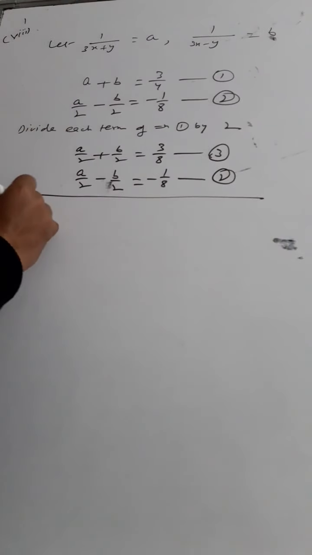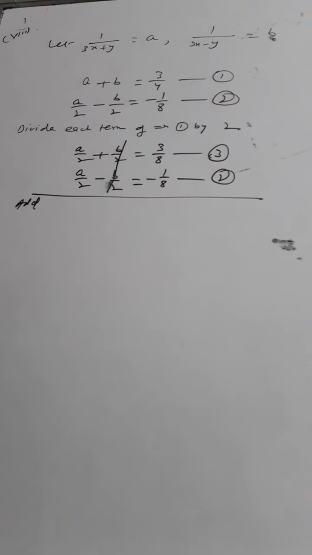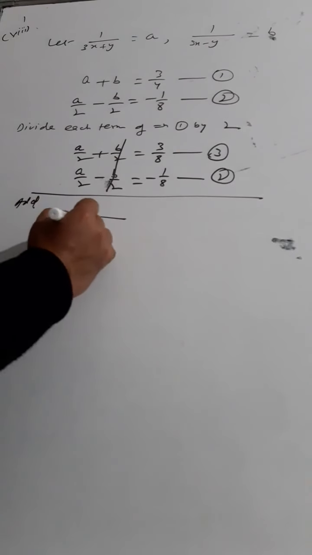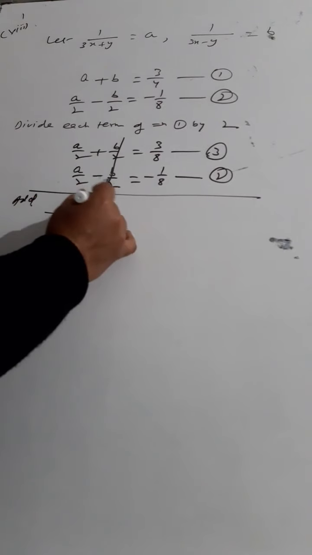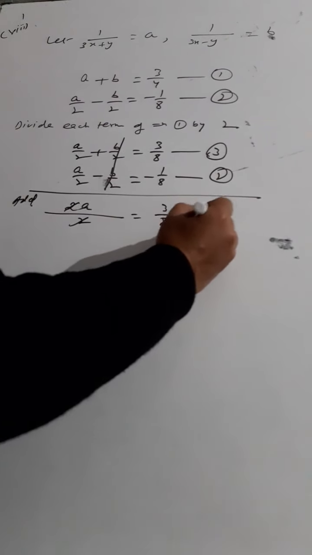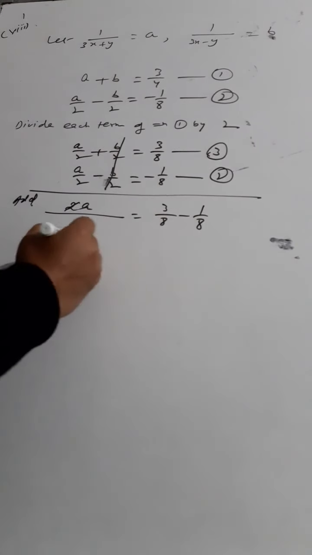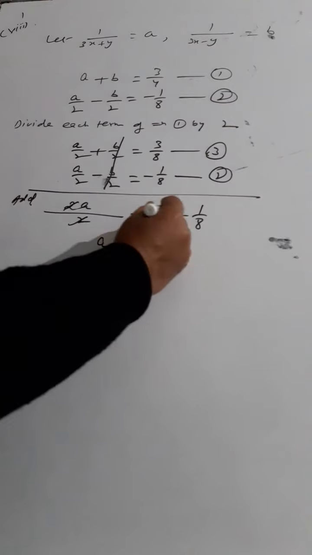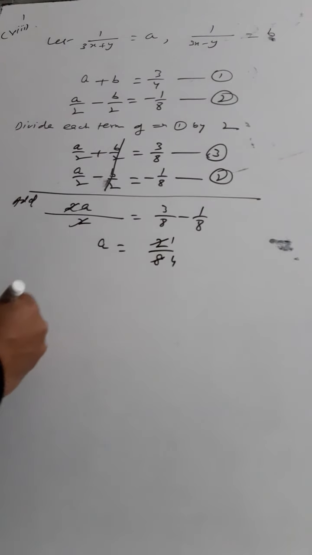If simply I will add here, you will find this is gone. B by 2 minus b by 2. And a by 2 and a by 2, you can take the LCM. A plus a will give you 2a, 2 and 2, so only a will be left there. And here it is 3 by 8. Do not hesitate, please. I have added, so no need to change the sign. So a is equal to what? 3 minus 2, 2 upon 8, that is equal to 1 upon 4.